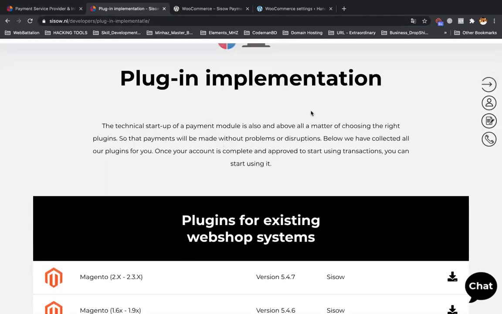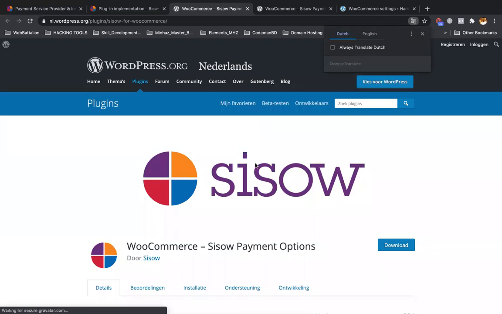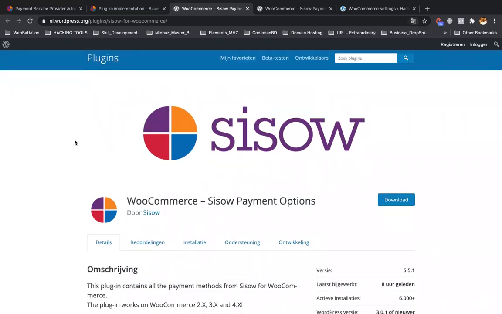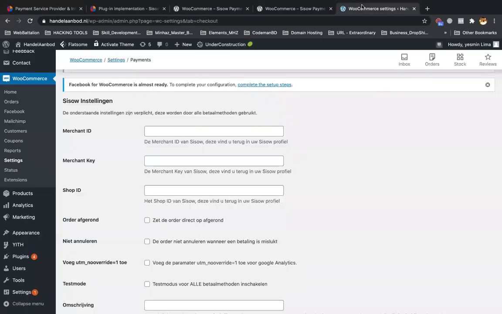So on this document, I got a plugin for WooCommerce. So when I click the download button, it's getting redirected here. So it's a plugin of WooCommerce for free. So this is my dashboard. So on my WordPress dashboard,